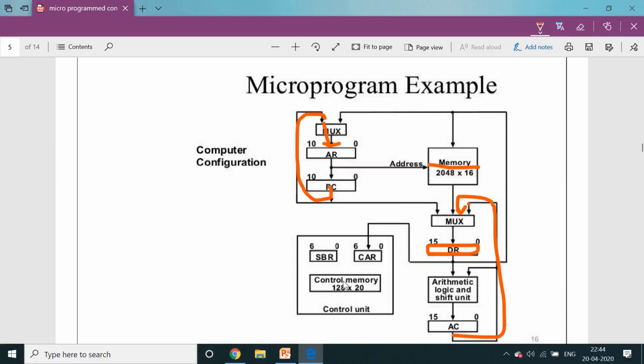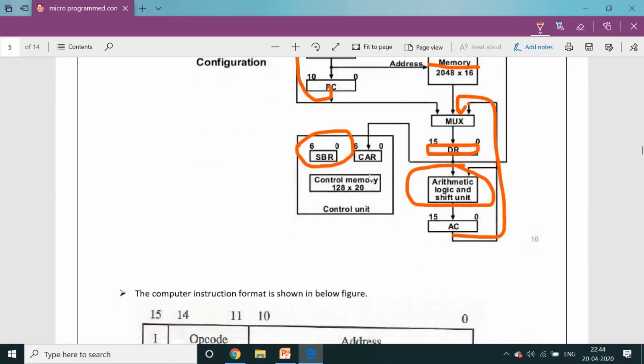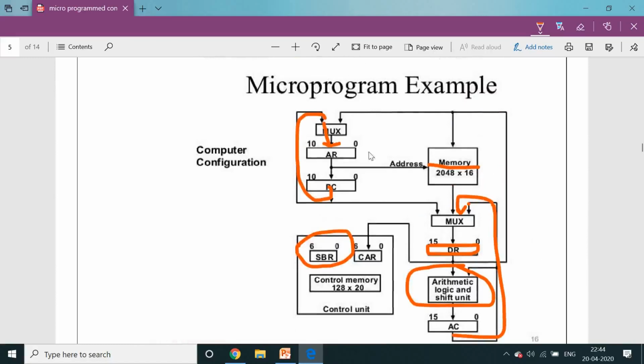With the help of that microinstruction, we generate micro operations, and with the help of micro operations, we generate different control signals. With the help of those control signals, we execute this arithmetic logical shift unit. If any process changes like this, automatically under different conditions the subroutine register is also updated. This is a very easy process. This is the way we modify all the blocks in this microprogrammed example.